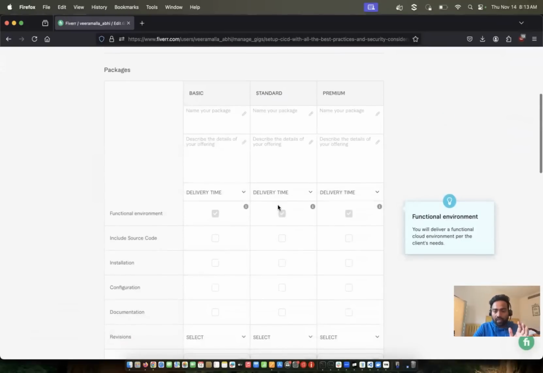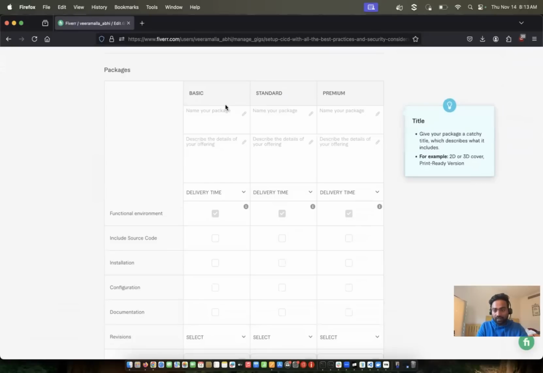And okay, again, like when you're trying to sell your service, so what would be the costing of your service, right? Now we need to go and update those details, and you can sell basic, standard, and premium services of the same gig or of the same service. You can say that, okay, this is my basic plan, this is my standard plan, and this is my premier plan. So what we will do is in the basic, I'll say that end to end